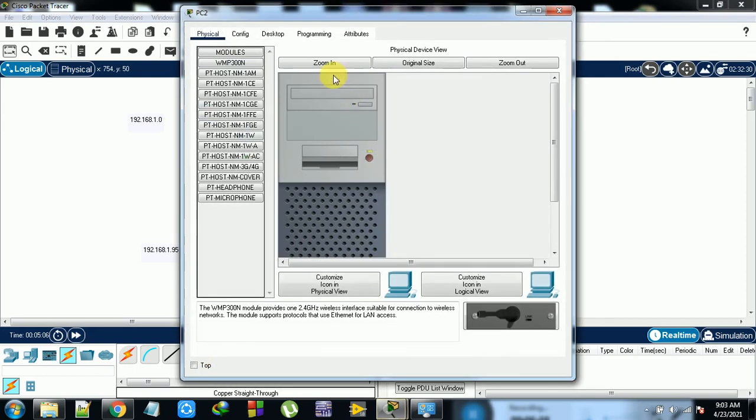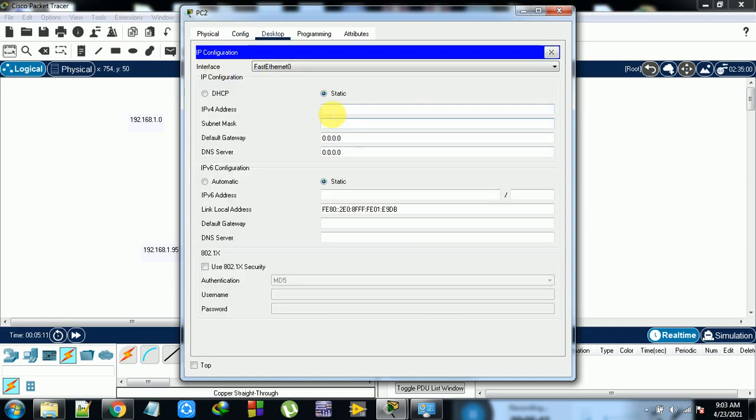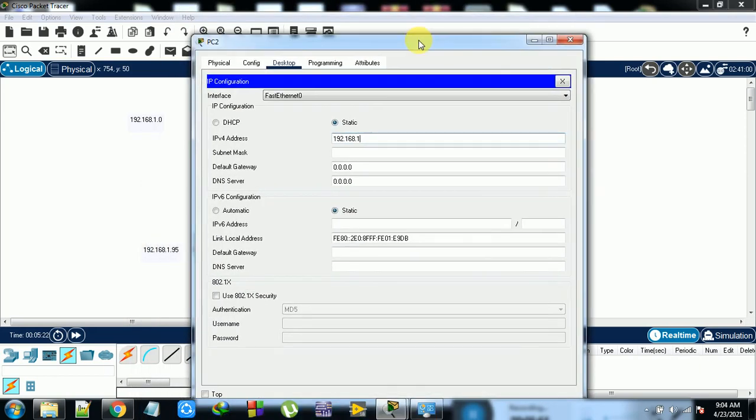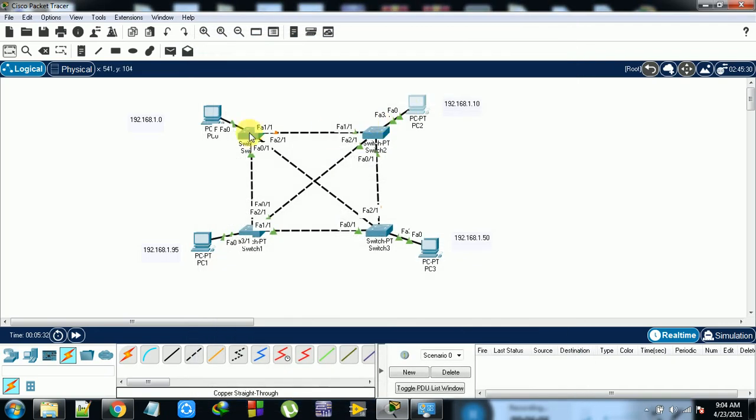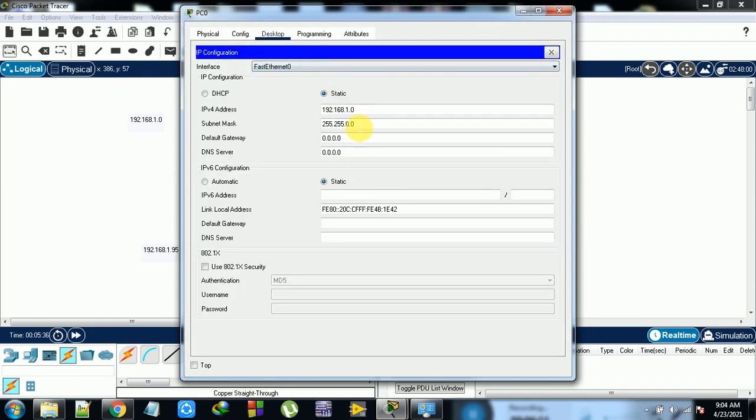For this one the address is 192.168.1.1, with the same subnet mask.